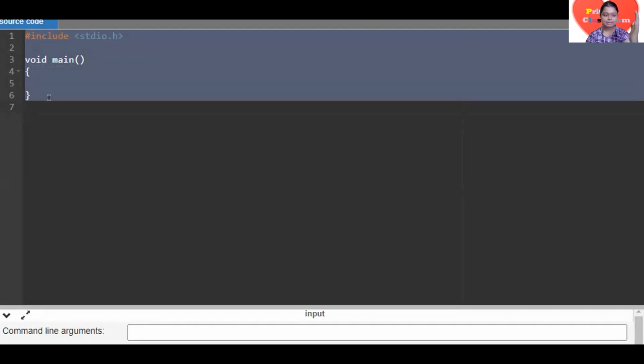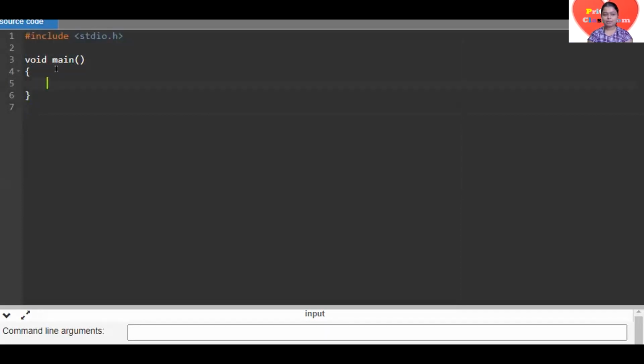In the last classes we used this same snippet. First, we are going to take two numbers. So I'm creating two variables for saving two numbers, int a comma b. Instead of giving the numbers manually, I'm going to get the numbers from the user.